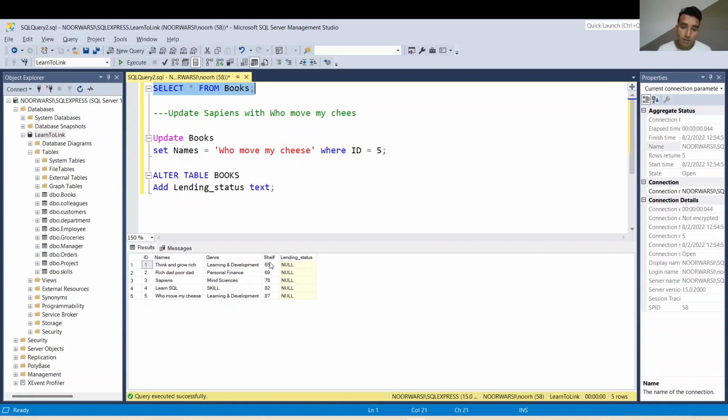Again I'll go and load my table and see the new column. Okay, so as you can see on my table, the lending status column has been added, but here it is showing up the null values, which we'll discuss, what these null values are, in just a few moments. So now by using the alter table command, we will be modifying or altering the data type of this text to a different one. So let's see, alter table books, the query would remain the same. Again, now to modify or alter the data type of a column,